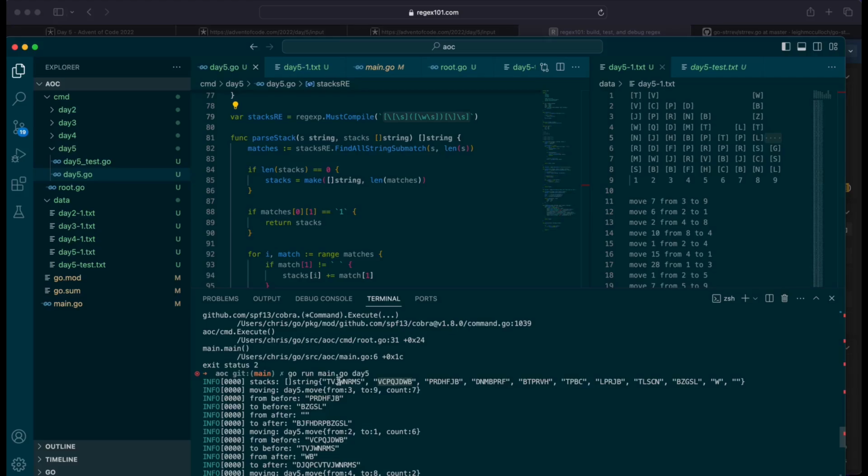TVJ WNRMS VCP QJDWB PRD HFJB DNAM BTP RVH BC LPRJB